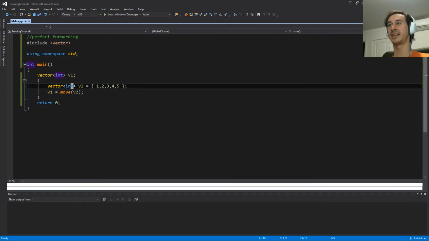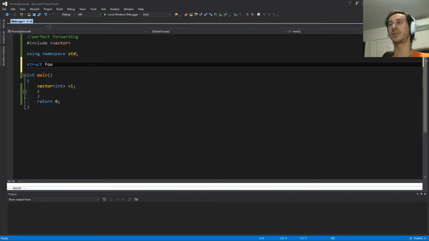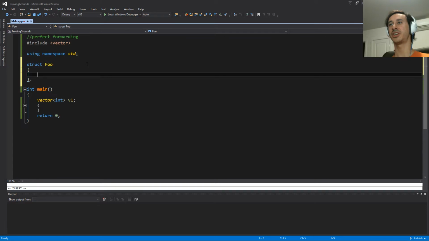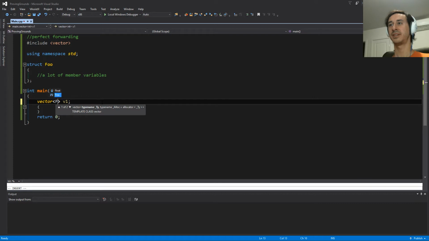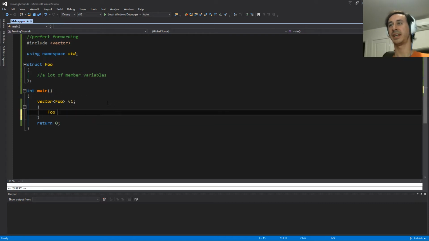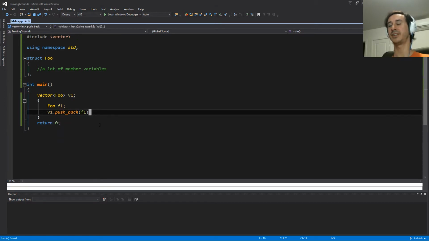But let's take one step back. Let's start not by copying entire vectors, but let's just copy one value. So let's say we have a foo, and let's say foo has a lot of member variables here. So we're trying to just emphasize that foo is potentially expensive to create. So if I have a vector of foo, and I have some foo here, well, you can say, well, I'm